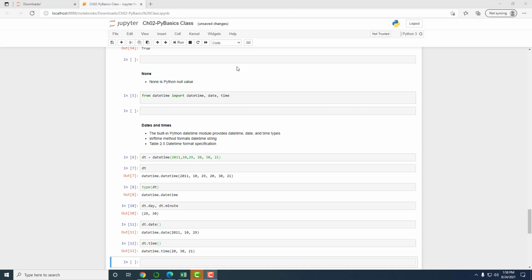Now, when you have a date time scalar, you often may want to use it in a string. For example, this report was prepared on, and then you want the date, right? And you want that date to be in a particular format. You can't just simply print this, it won't make any sense. So you want it in a particular format, and for formatting the date in a particular format, we use this method called strftime,